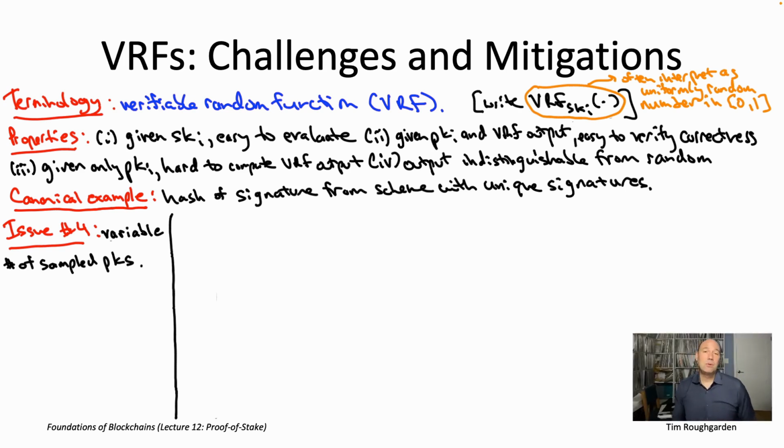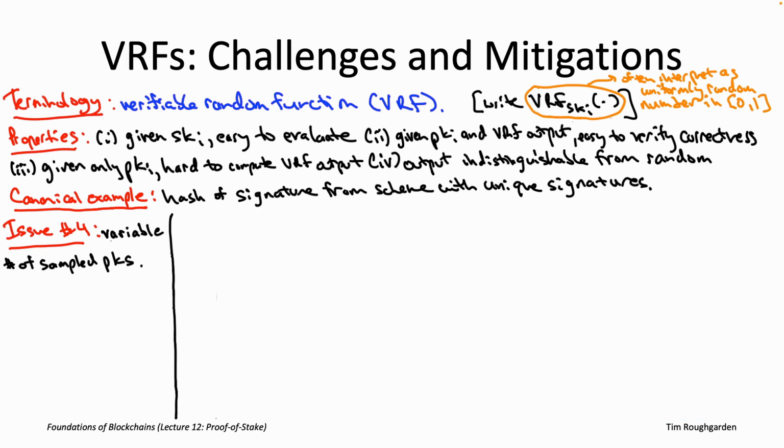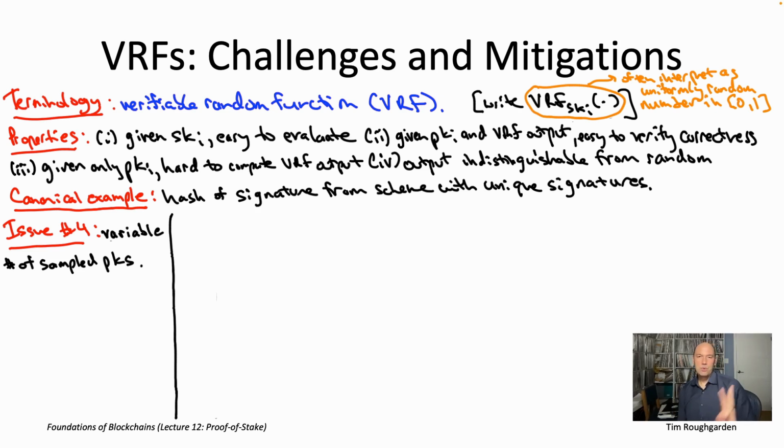We can also fiddle with the difficulty threshold tau to trade off between those two bad cases. So if we tune tau so that we expect to get, say, 5 samples at a given time step, well, then it's very unlikely we're going to have 0, but of course it's very likely we'll have 2 or more. Alternatively, if we tune the parameter tau so that we were expecting to get in an average time step 1/10 of a sample, well, now it becomes not impossible, but unlikely that we'll get 2 or more. On the other hand, a lot of the time we won't get any. So you can trade off these two bad cases of having no samples or having multiple samples, but you can't really get rid of either of them. So that's actually a major issue. So let's talk through 3 options you have for dealing with it.